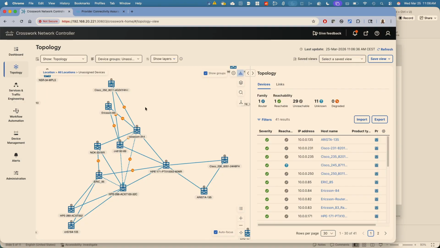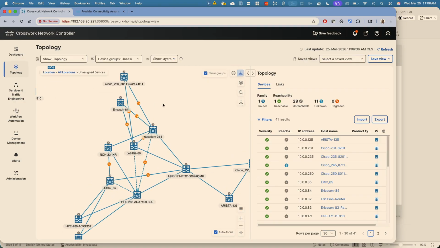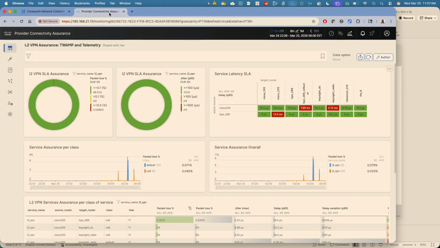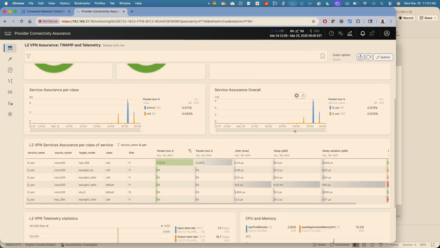Yeah, so we are using the same topology here, in this case between those two endpoints, between ZTE and Cisco and HPE. And here are the assurance level parameters that we are collecting for layer 2 VPN across different metrics, right? This is the SLA across the EVPN endpoints, the latency and SLA assurance between ZTE 6 and Cisco 250, which are two of the nodes that are part of the EVPN ELAN service, and then to determine the latency across the overall service assurance characteristics.